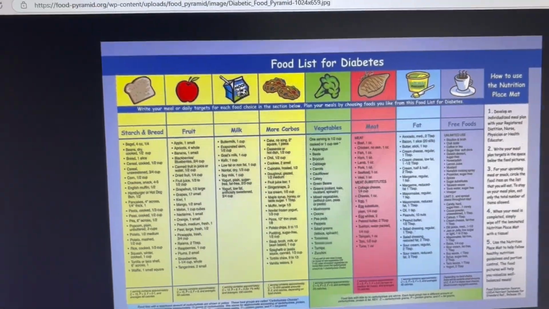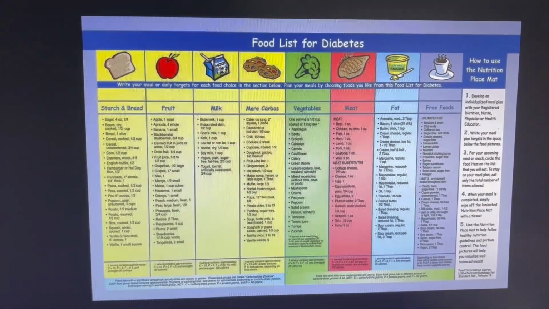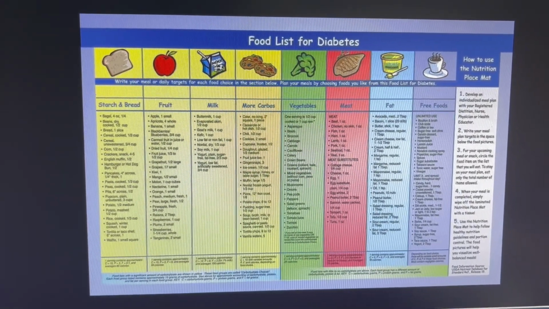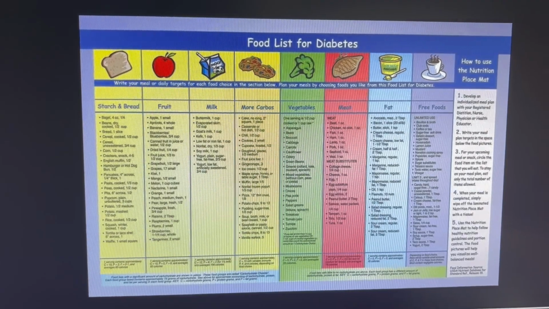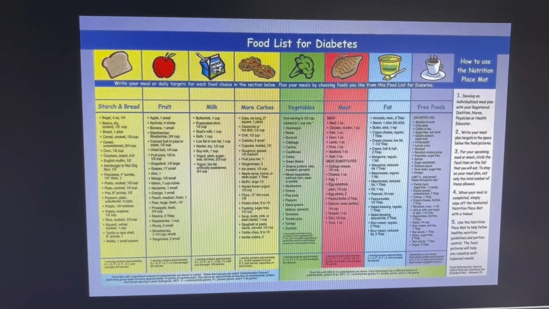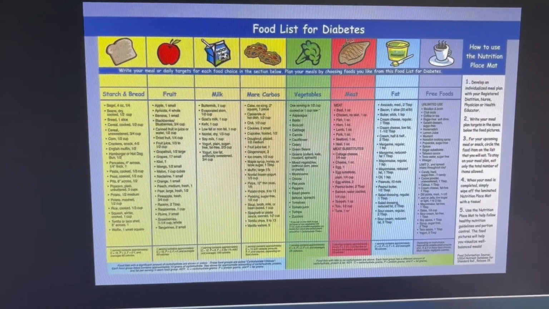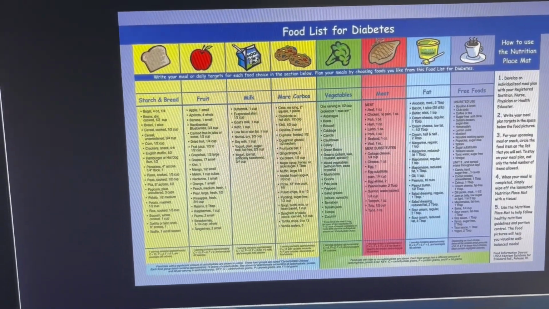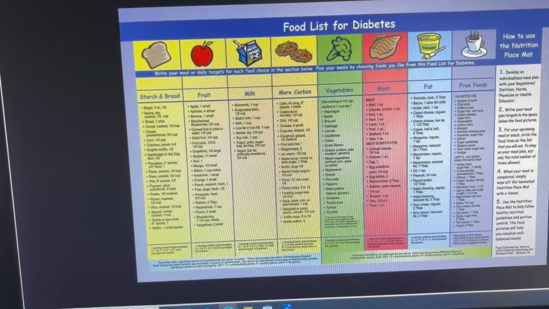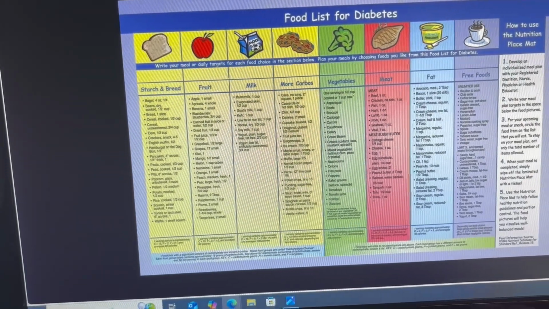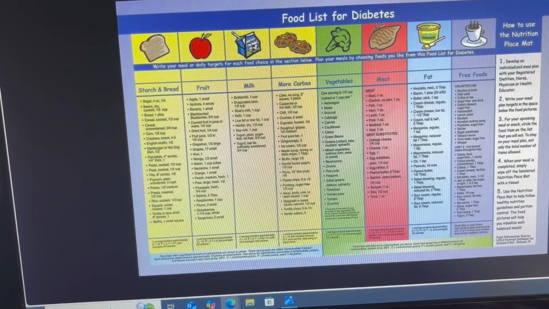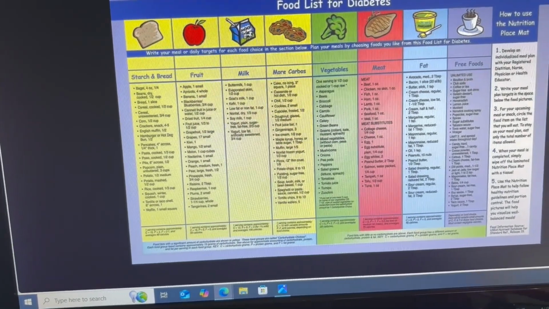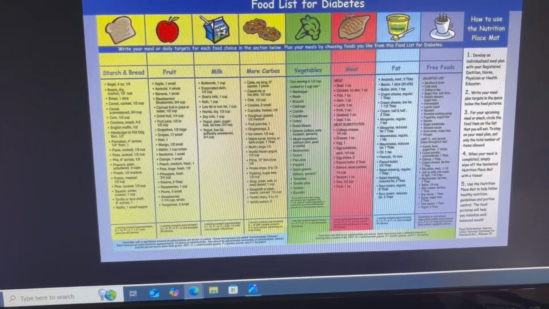When your meal is completed, simply wipe off the laminated nutrition placemat with a tissue. Use the nutrition placemat to help follow healthy nutrition guidelines and portion control. The food pictures will help you visualize well-balanced meals. So for a diabetic diet, you would only have one of the carbs per meal. So you don't want to have a fruit with a carb. And you want to have more fruits and vegetables than carbs at all times. If you're a type 1 diabetic, then you might have to have a carb instead of a fruit or vegetables because your blood sugar is too low.